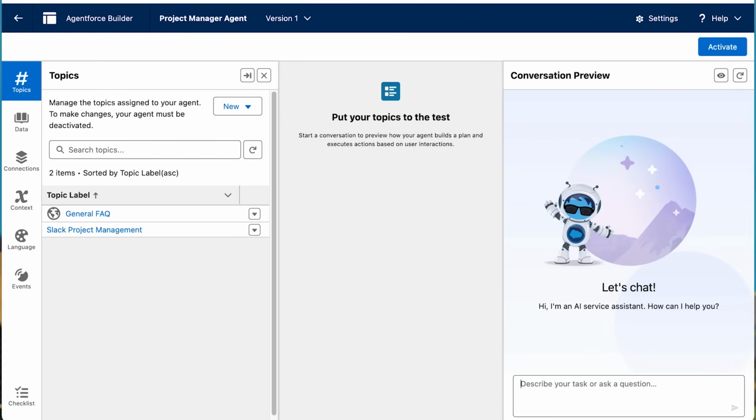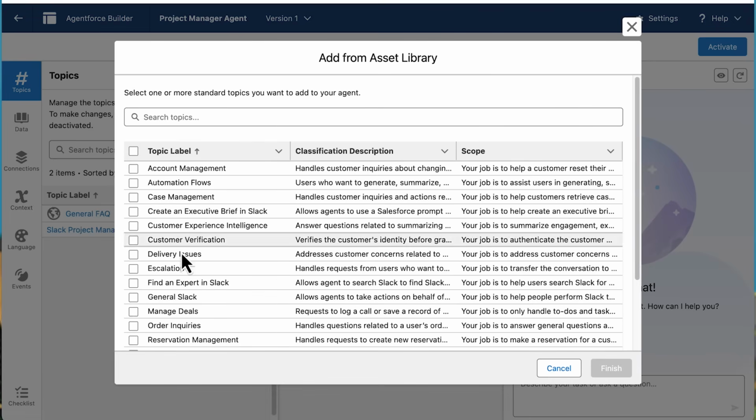And I already created a topic for us. We will come back to that. If you are hesitant to create your own topic, you can start off by leveraging the general Slack topic from the asset library. So let's take a look at what that could be, because it's a great starting point. It already has some generic instructions in place for us. So let's take a look. If I click New and go to Add from Asset Library and open up this general Slack topic,